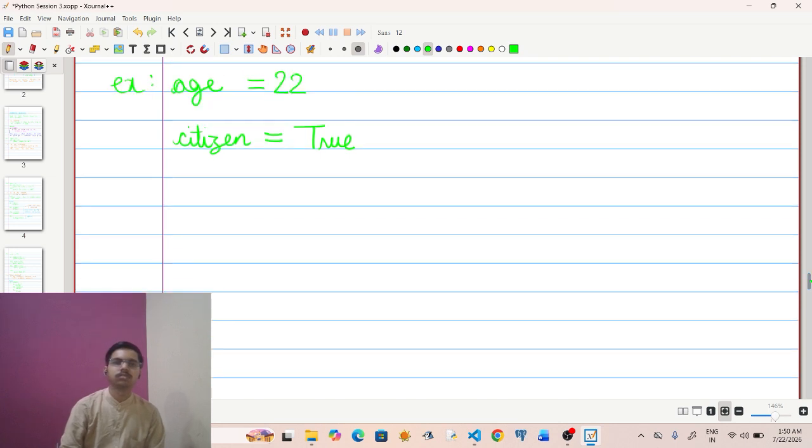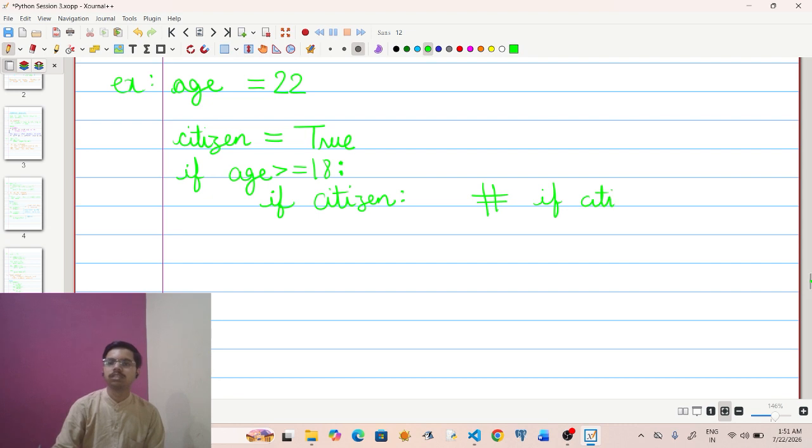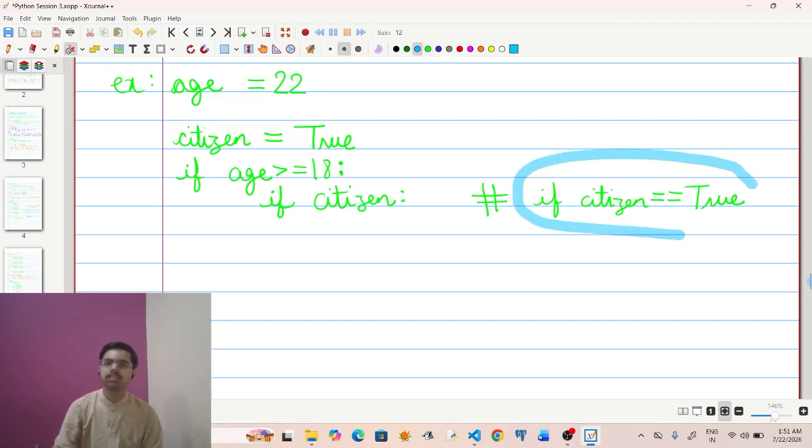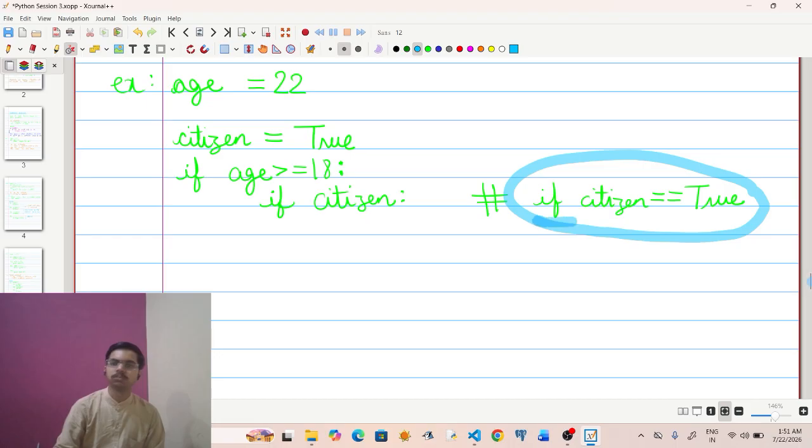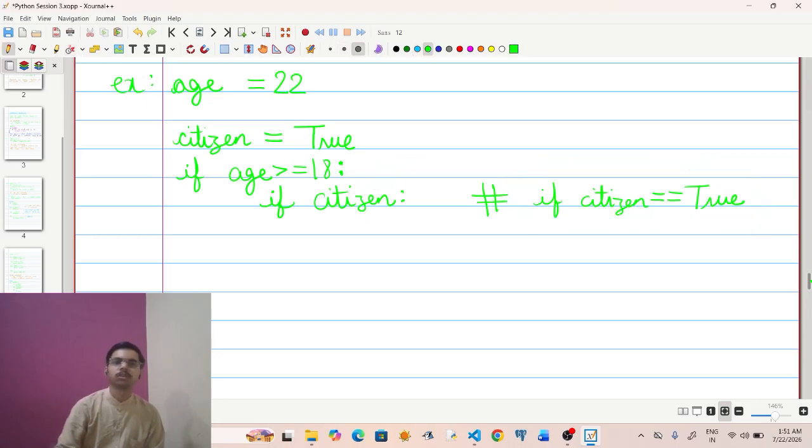Now, I want to check if age is greater than or equal to 18, and within this particular condition I am also checking if citizen. See, instead of if citizen you can also write if citizen is equal to true. You can start writing your code like this as a practice, but after you become comfortable with this programming language and become habitual with it, you will understand this means the same as this,